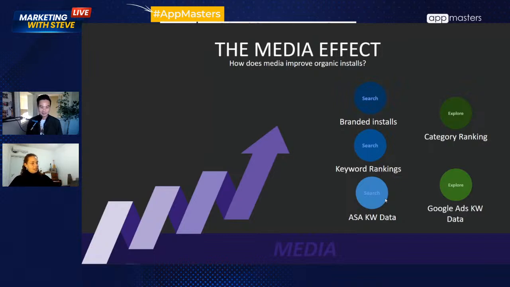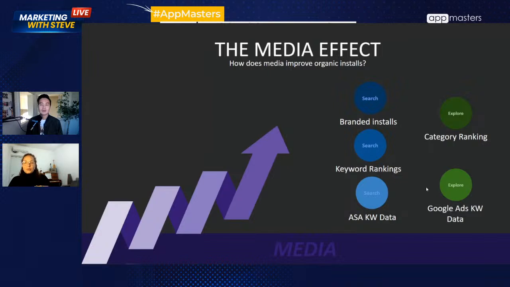When we talk about calculating keyword installs for iOS, we would go back to the Apple Search Ads data. With Google Ads keyword data, I don't know if you know this, but in the Google Play console there's a place where you see keyword per install data, and you would get some keywords there that you're not even ranked for, nowhere in the world. Why? Because that's Google Ads.